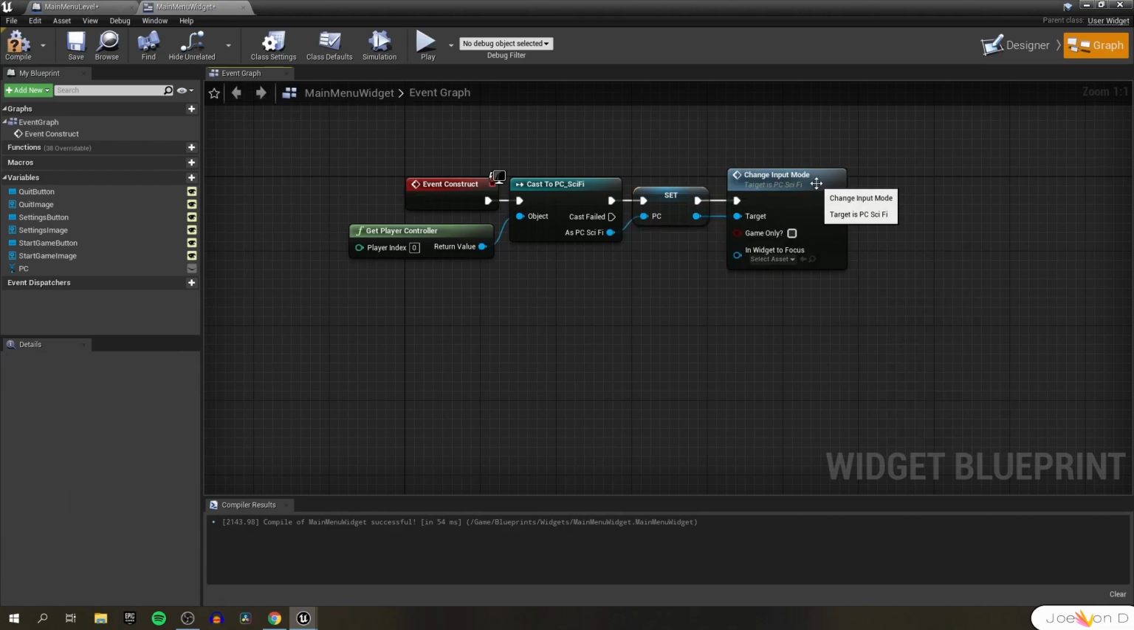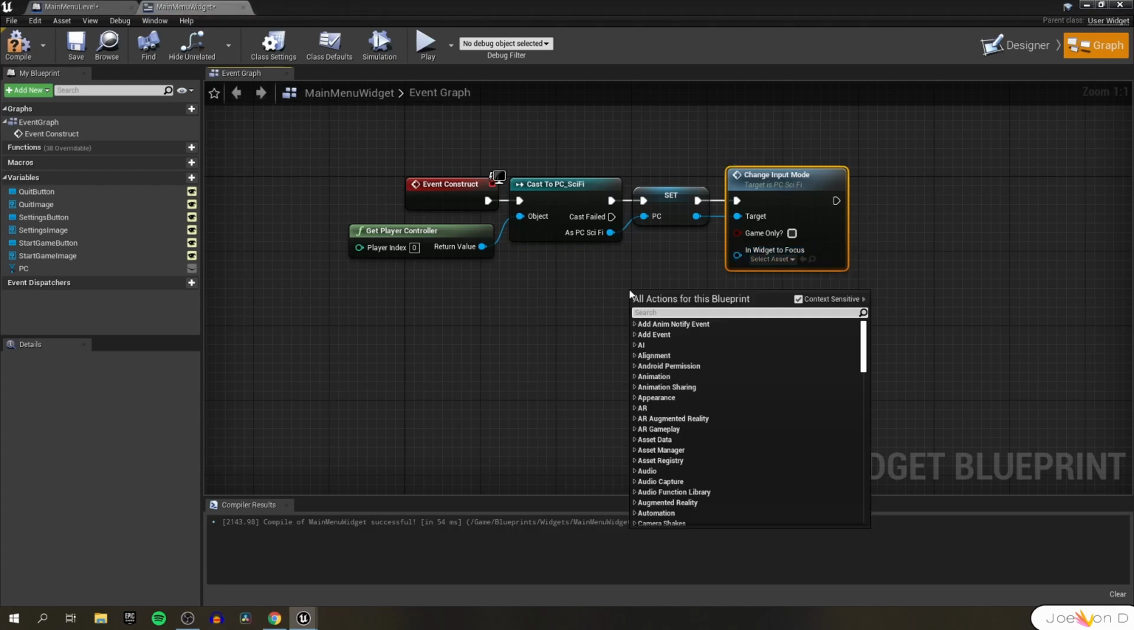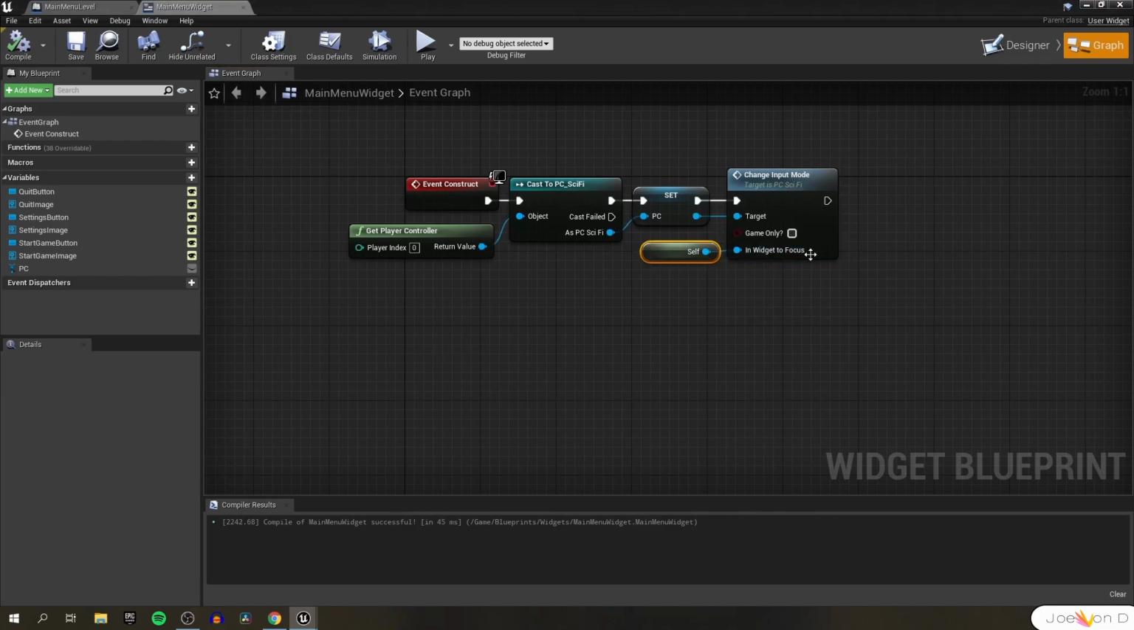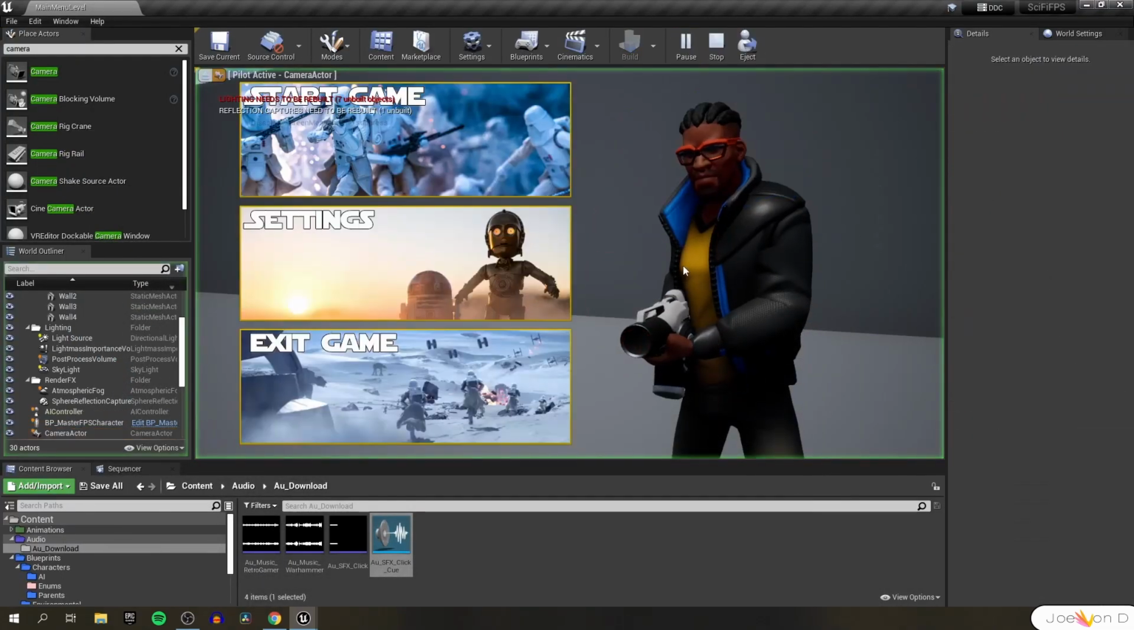And at BeginPlay, we want our input mode to be UI only, since we're going to be interacting with a user interface. So we'll leave this game only to false, since if you remember, the false path in this function changes our input mode into UI only. And what widget are we going to want this function to focus on? Well, our main menu widget, which is the one that we're currently editing, so we can just select self and plug that right in. If you compile and save, minimize, and play in the editor,